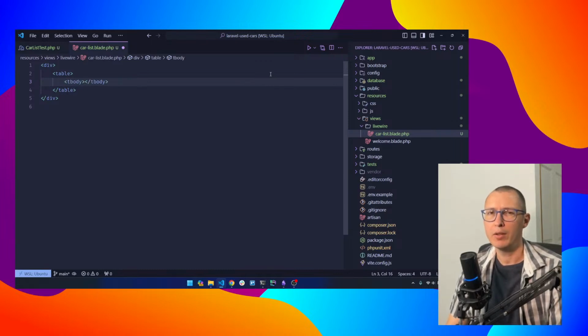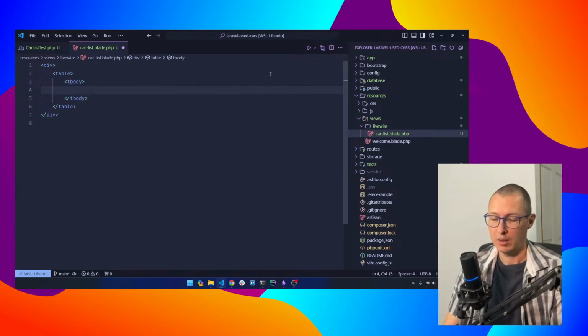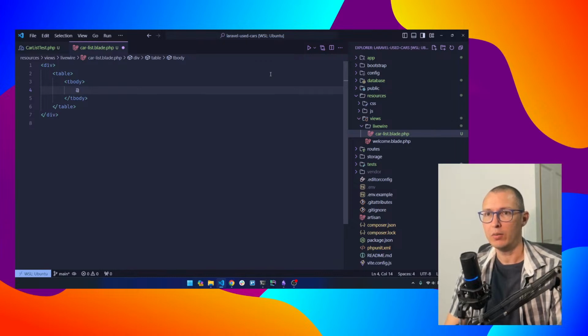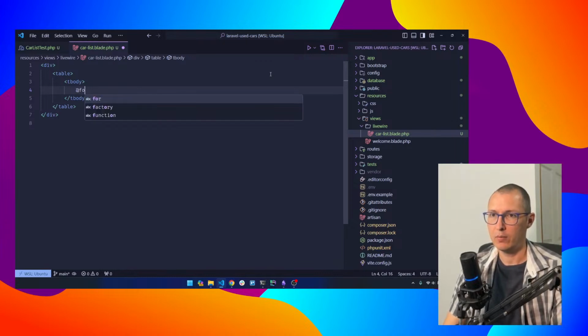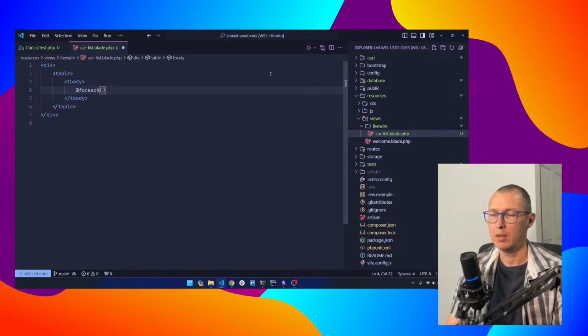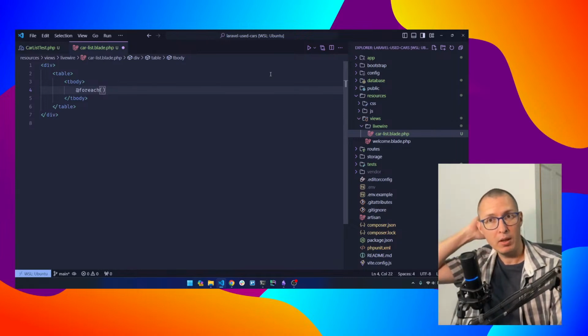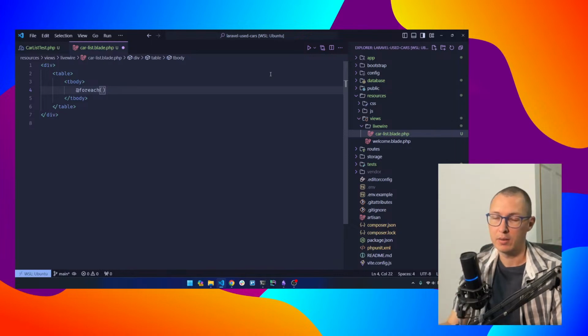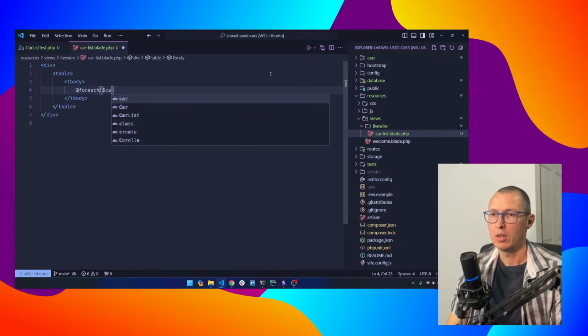I don't even care about the headings. That's how fast we need to get this over with. So tbody, and then foreach, and I'm expecting this to have a list of cars. We'll get to that in a second. So foreach cars as car,